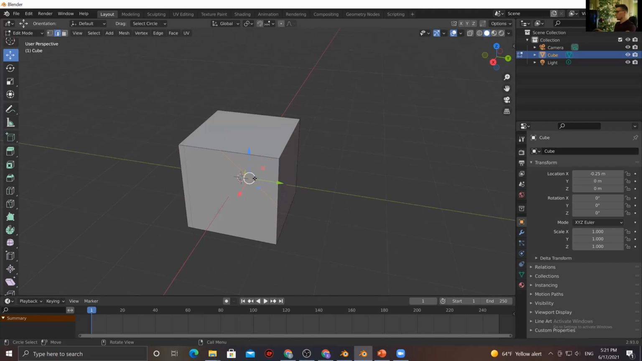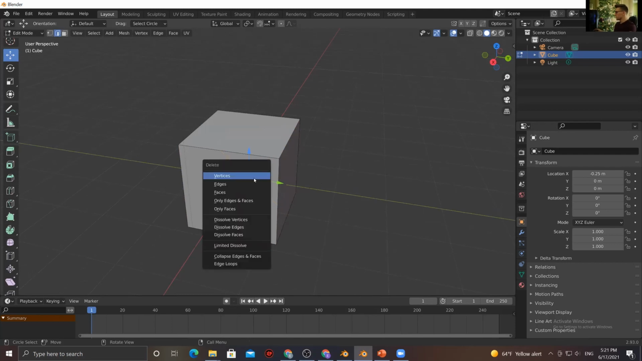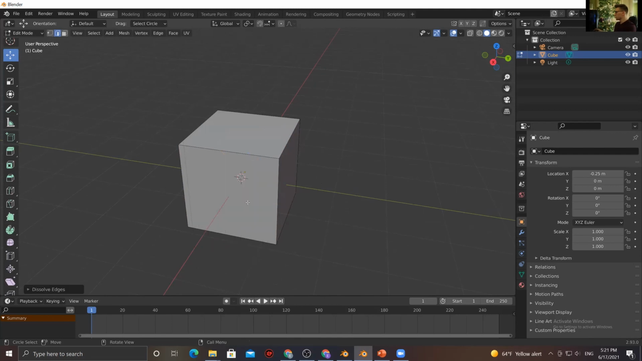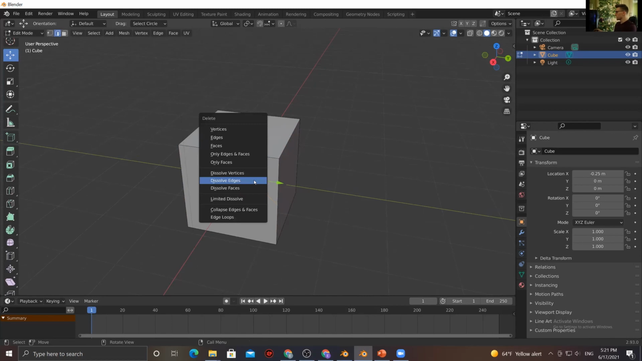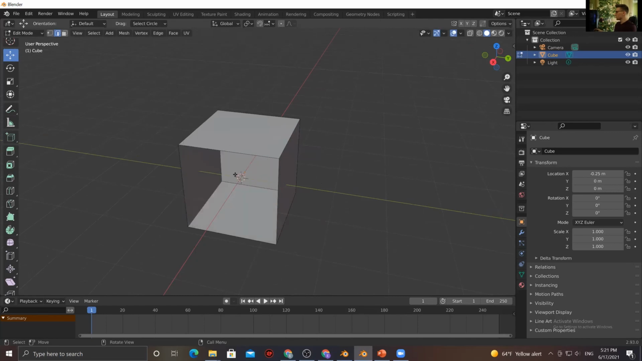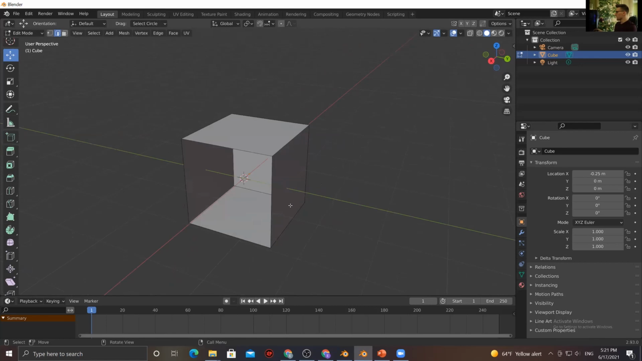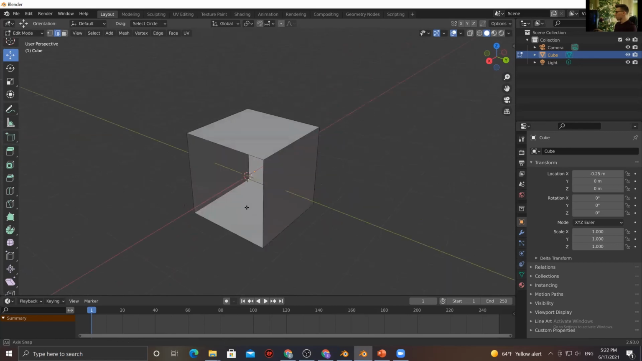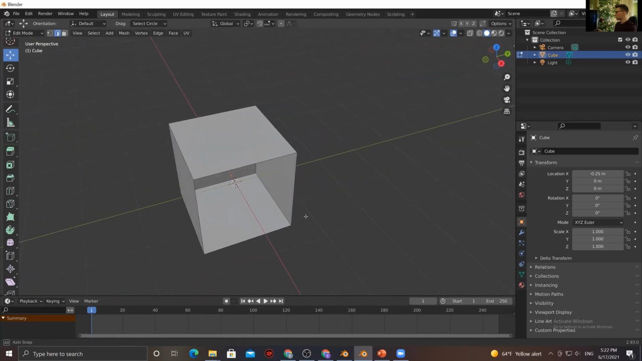First of all, I'm going to press X on my keyboard and say dissolve edges. There's a difference between the options. If I press X again, it brings up this menu with all these options, and it gives you an option to delete edges, or you can dissolve edges. If you press delete, it's basically going to punch a hole in your mesh,